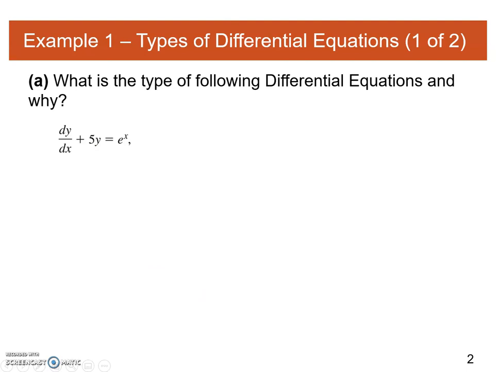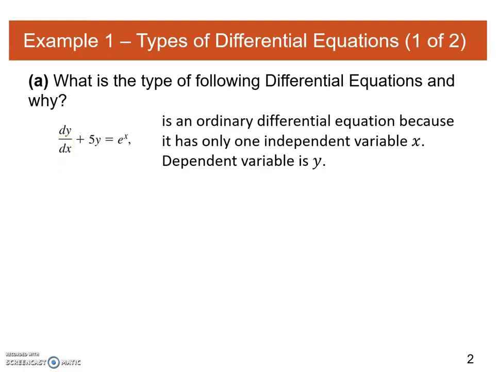Okay, so this is the first differential equation, dy over dx plus 5y is equal to e power x. We have to tell whether it is an ordinary differential equation or partial differential equation. It is obvious that it is an ordinary differential equation because there is only one independent variable x, and there is also a dependent variable y,